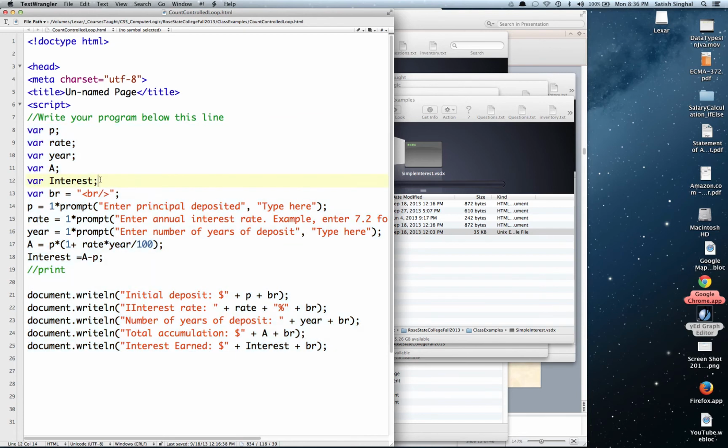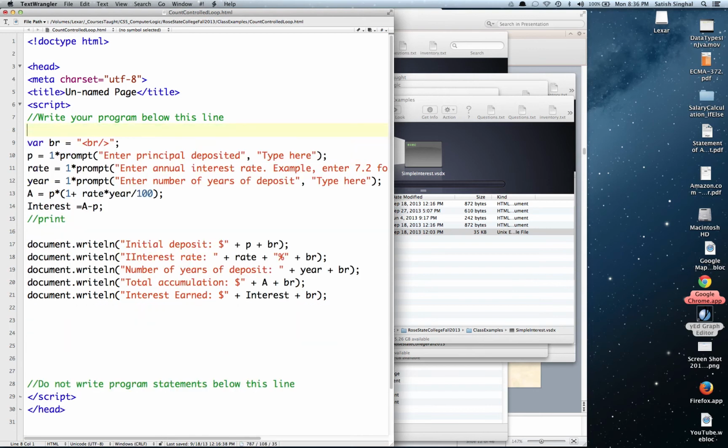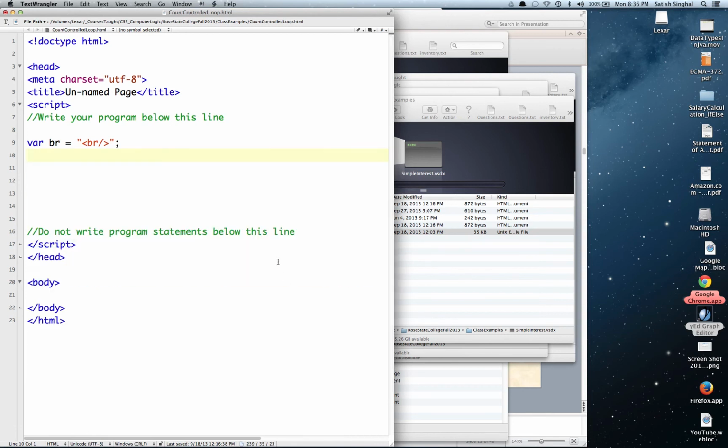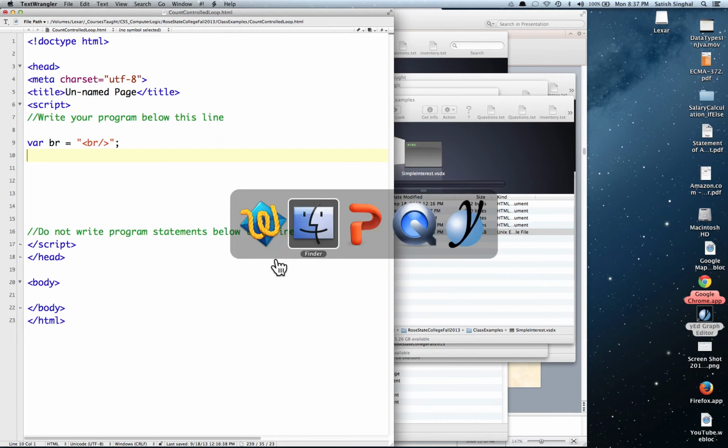Actually, I'm going to keep one variable. Just delete all this, but keep the BR. Okay, so let's look at our pseudocode